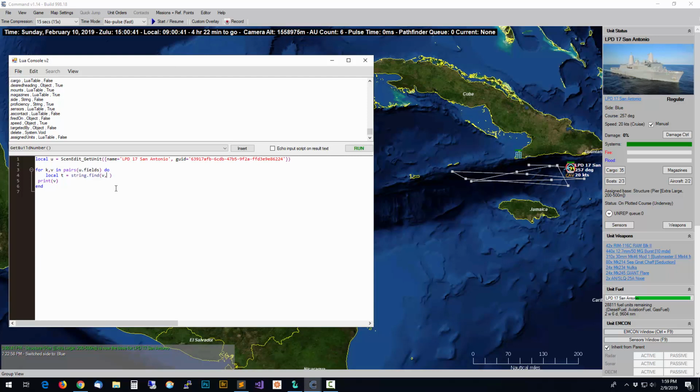And then we're going to look for a comma, which is going to be a string. And we're going to go ahead and put spaces around that just to be safe. And now if we do print t,